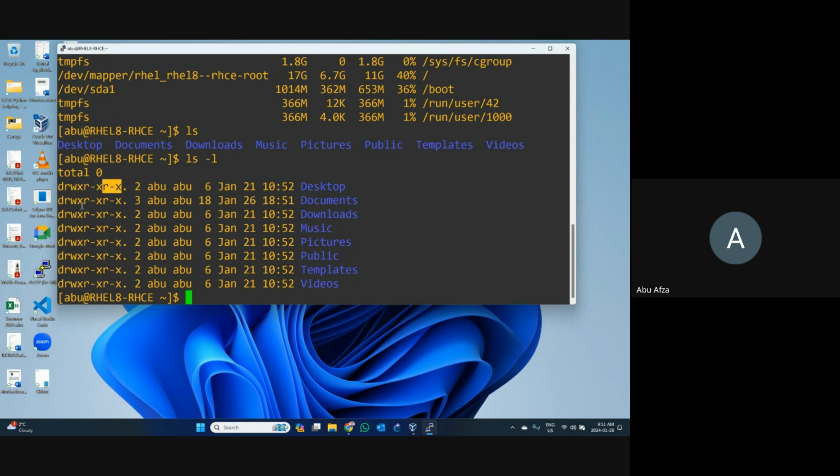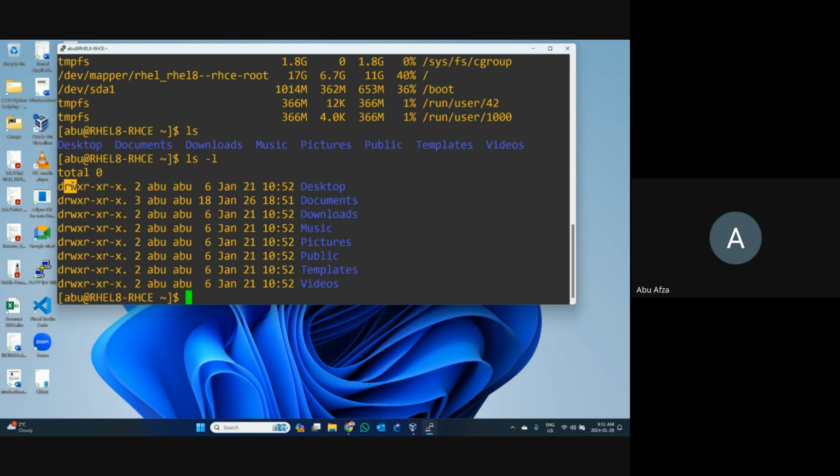File permission, in a basic sense: you have one folder, someone is connected with your computer, and you want to share that folder with 1 or 2 people, not for all. That's the permission, so we can set it here. First one, R means read. If you set read permission, everyone can read it.